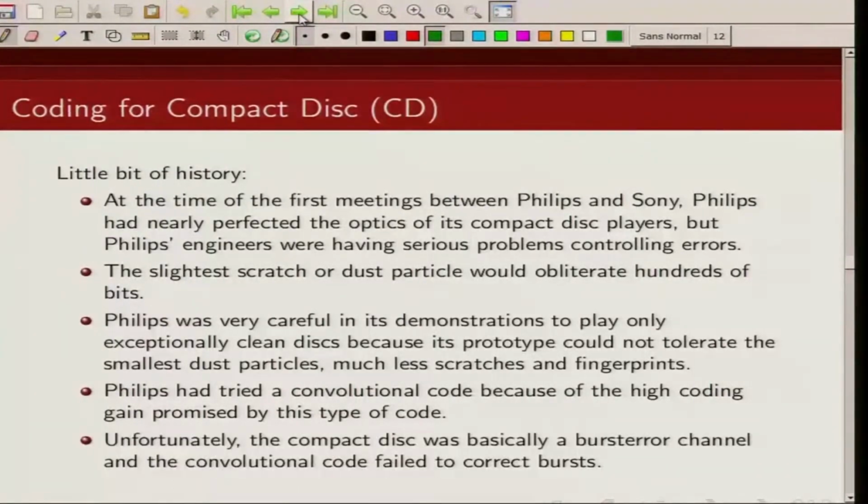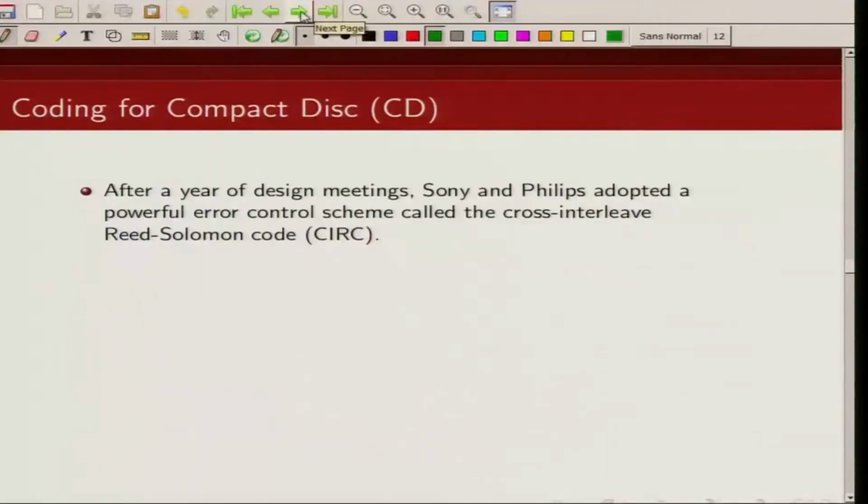As I said, this storage media was a burst channel, and convolutional codes were not good at correcting burst errors. So there comes the Reed-Solomon code, and the CDs used basically cross-interleaved Reed-Solomon codes,